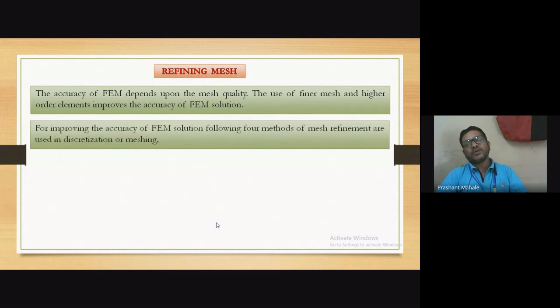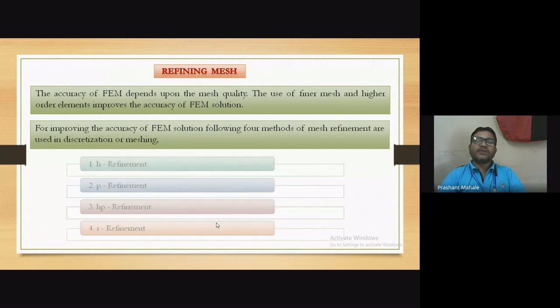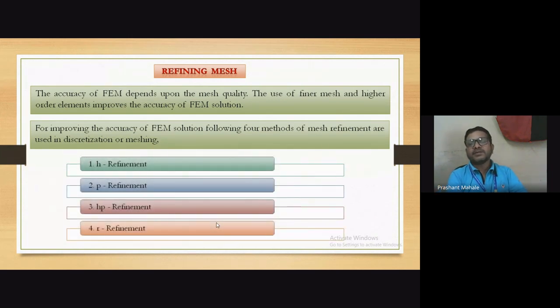For improving the accuracy of FEM solution, following four methods of mesh refinements are used in discretization of meshing. What are that four methods? That four methods are named as, first method is H refinement, second is P refinement, third is HP refinement, and